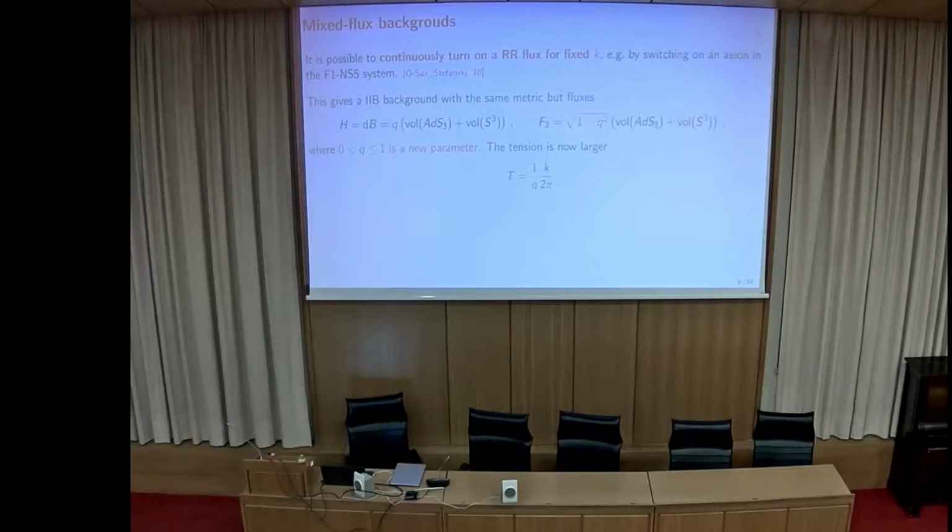It comes with a parameter Q, between 0 and 1. And then you turn on some F3, which is such that the coefficients in front of the H and of F3, if you square them, give you 1. So you can rotate between these NS and Ramond-Ramond fluxes. And for any value of these two, you have a perfectly well-defined supersymmetric background with 16 Killing spinors that has